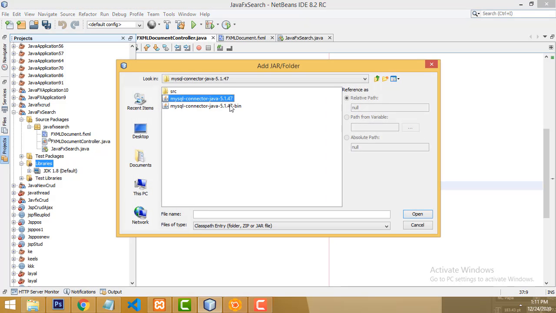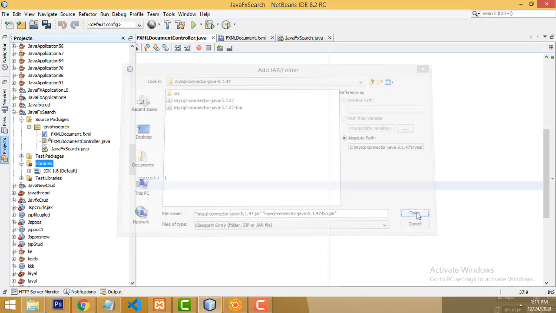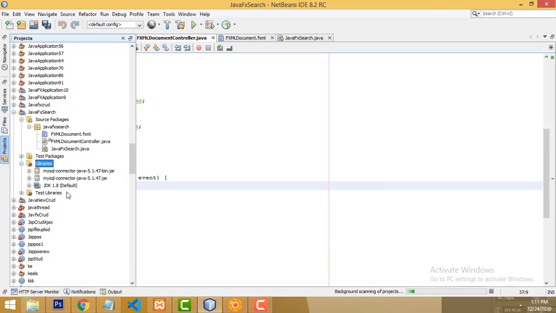How to download the MySQL connector and every stuff, I already taught in my basic videos, right? I no need to teach again and again. It's so boring. I already taught this one. If you have not watched those videos, you just go to my channel and study the basic Swing application. I have explained clearly, right? So hold the shift key down, select both and open. Okay, it is successfully added to the library.